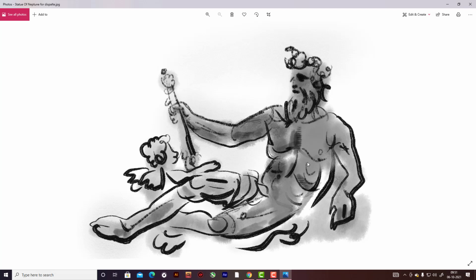You can create this kind of artwork digitally. That is, if you create charcoal brushes, you can create this kind of artwork digitally in Photoshop and